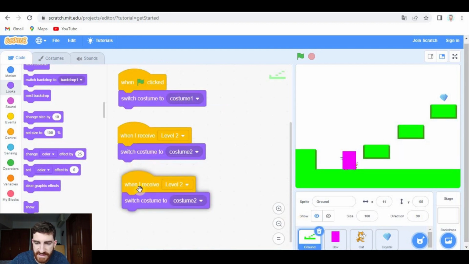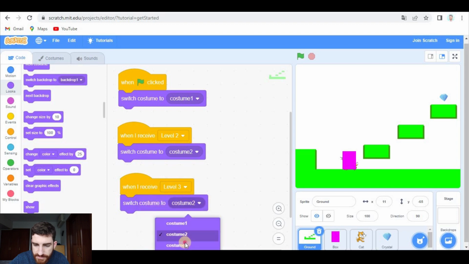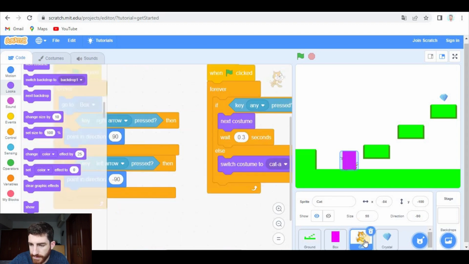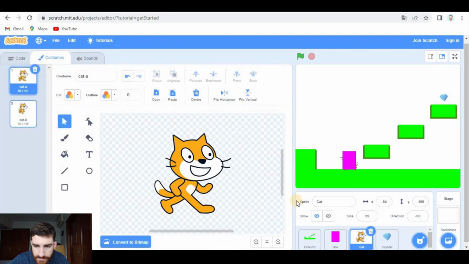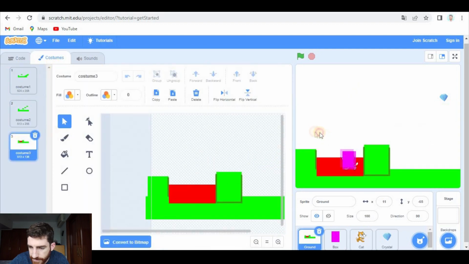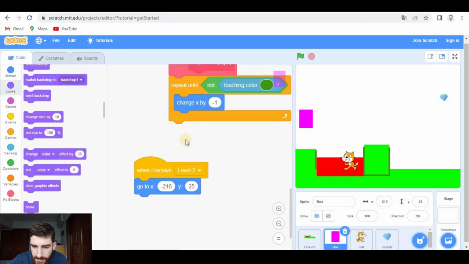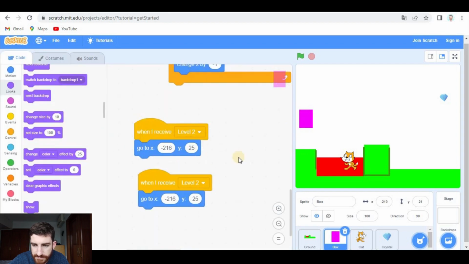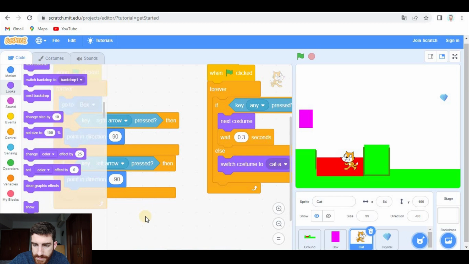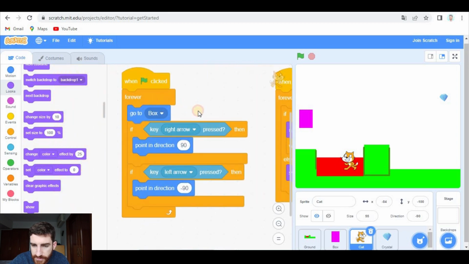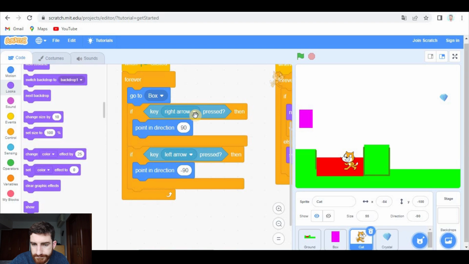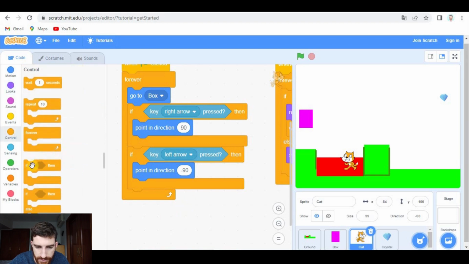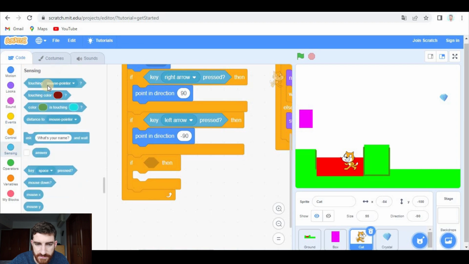And the same, when I receive level 3, switch costume to costume 3, the box. Well, let's see level 3, I don't remember what it looks like. Okay, so the box should appear here when it receives level 3. It could be the same part, I think. And as this is lava, we have to make sure that the cat cannot touch that lava. So that could be here, for example. We could add, if touching